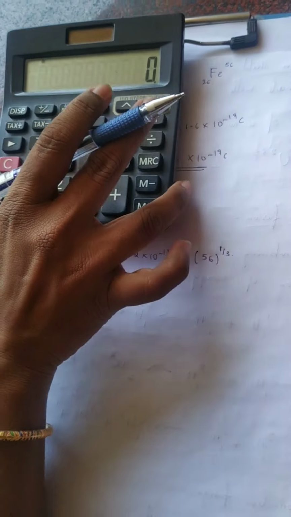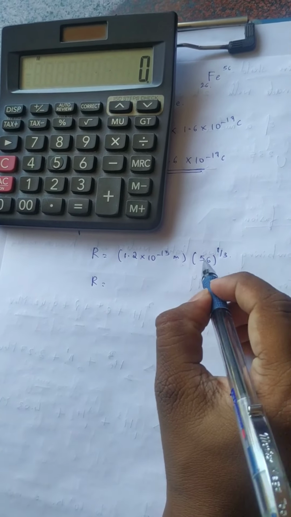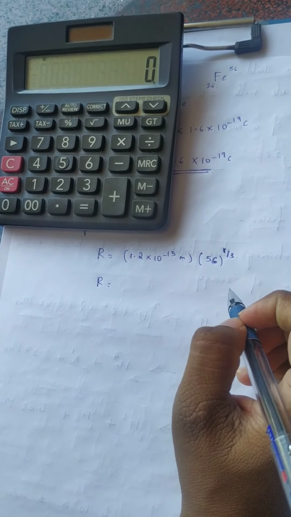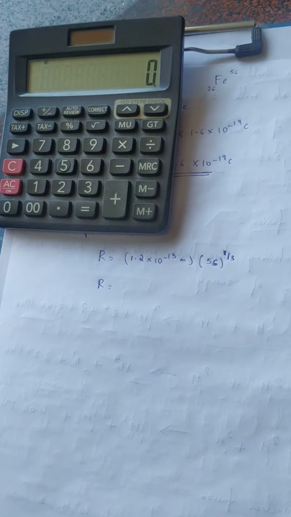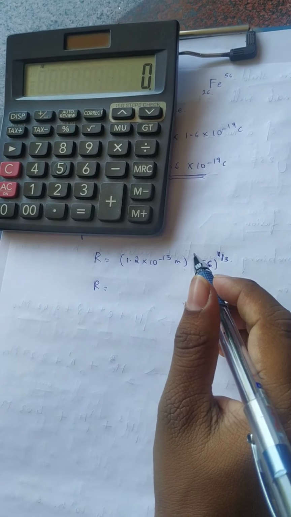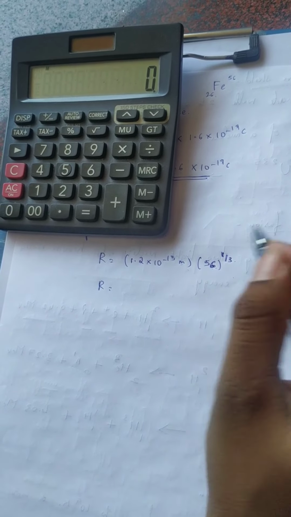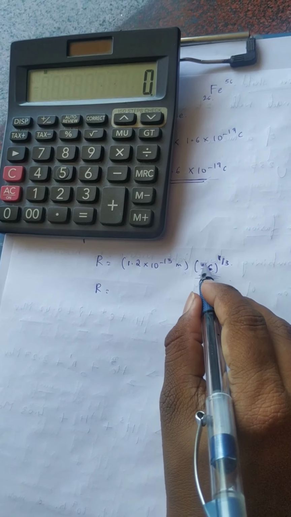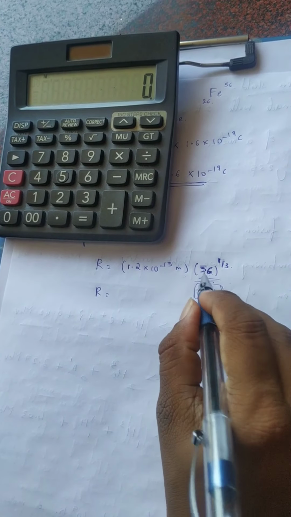students, I will teach you how to look into this. I know everyone knows how to calculate this, but here 56 to the power 1 by 3, the cube root, they have not given directly. Therefore, how can we check this in the calculator? So 56. Now you go on taking the cube roots. 1 cube is 1, 2 cube is 8, 3 cube is 27, 4 cube is 64. Now 64 is very near to 56, right? So the value is in between 3 and 4.